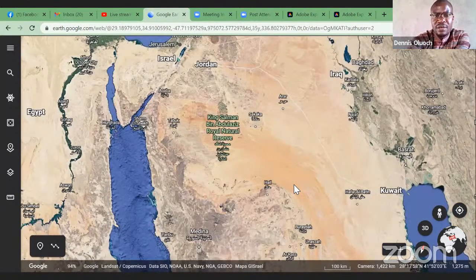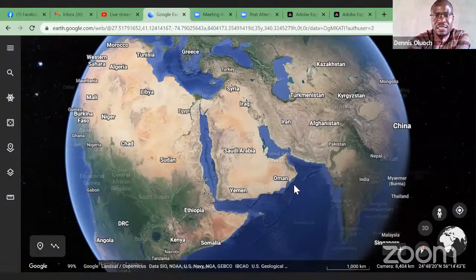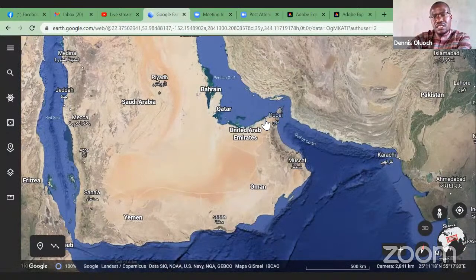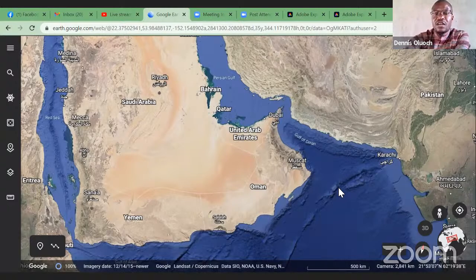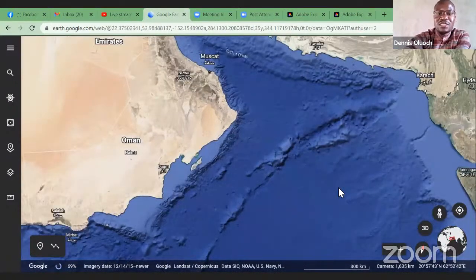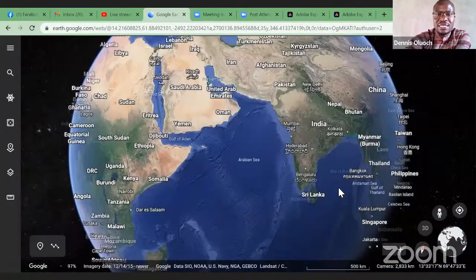And then now when you come down, you have seen Saudi Arabia. This is where Dubai is. Now you find Dubai is a coastal city also, though with very high temperatures. Dubai is on the Persian Gulf. Now the Persian Gulf is just a part of the Indian Ocean. When you come to the lower side, it will be the Indian Ocean that we know, but now it is the Arabian Sea.